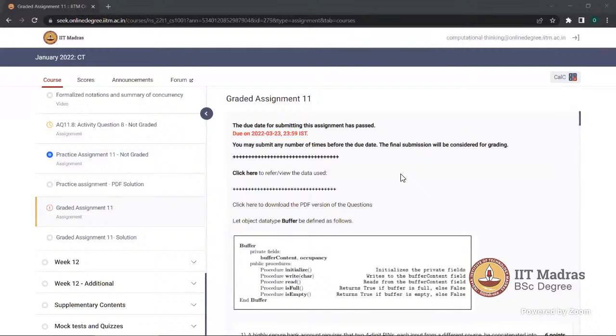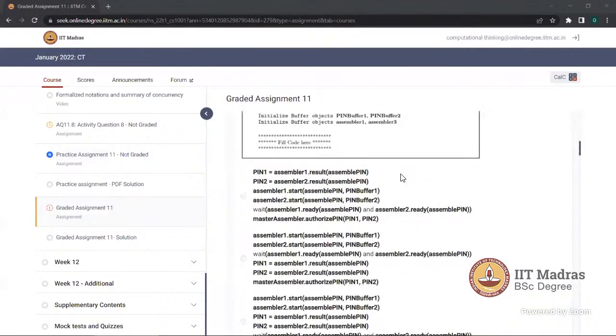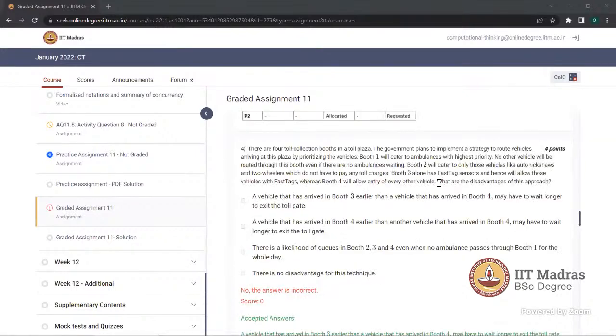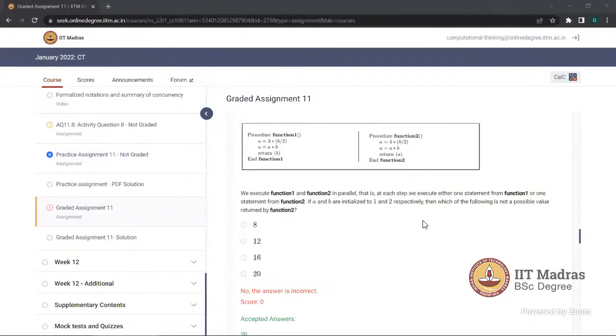So question number, if you go down, 5 or 6, I don't remember the exact question number. Okay. Scroll down. This is 5. That will be a function, this is the one. Okay. So I know how 8 is obtained. How 8 is set. How can we calculate 12 and 16? How do we get 12 and 16? At what condition?